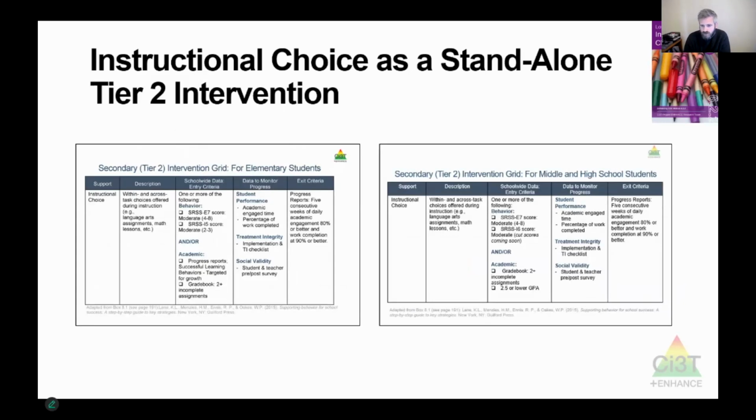If you're working in a school that's implementing Ci3T, you likely have a Ci3T implementation manual that documents your entire Ci3T plan. And one small part of that plan, probably towards the end, is going to be a list of tier 2 and tier 3 interventions that are each listed in grid form that name what the intervention is, a short description of it, some data that you might look at to decide whether a student could benefit or not from that intervention, some data sources that you could progress monitor, and some way to know when that student might exit from the intervention.